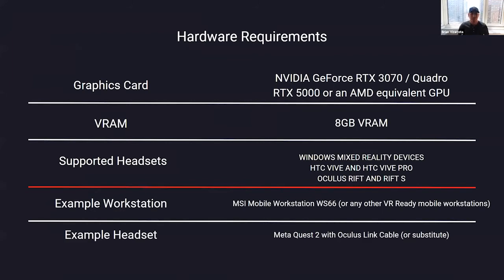Hardware requirements. On Enscape's website, they list the requirements of what they believe you need for your graphics card, VRAM, and what headsets they support. I threw in an example MSI mobile workstation, the WS66. That is a pricier option, but if you're going to have one computer dedicated to almost your entire company at first, you want to make sure it can support any size model. Architectural visualization is